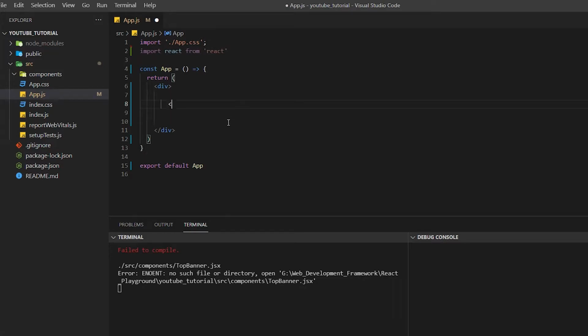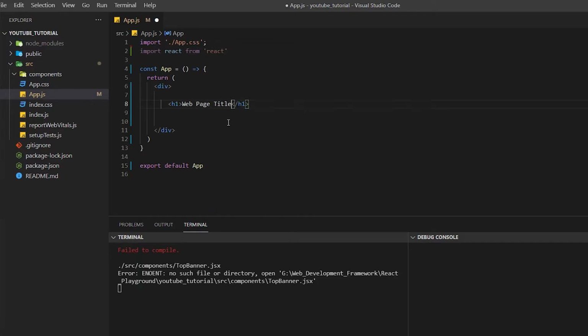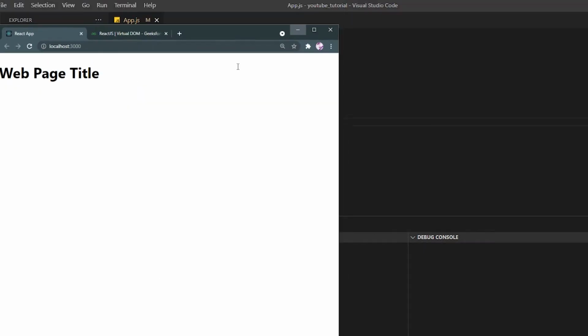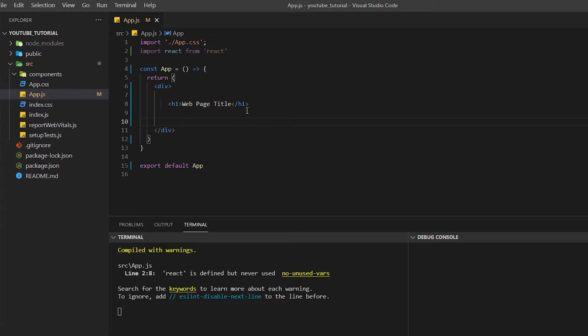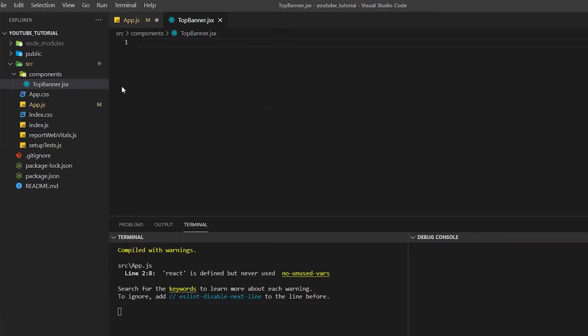So I'm going to write an h1: this is the web page title. If I go there, as you can see, the web page title is rendering everything. But I'm not going to do it this way. I need to make a component, and I'm going to call this component here and it will render the same thing. So go to component, then new file, and add TopBanner.jsx. This is actually a simple component, and here I'm going to create a simple component and I need to write